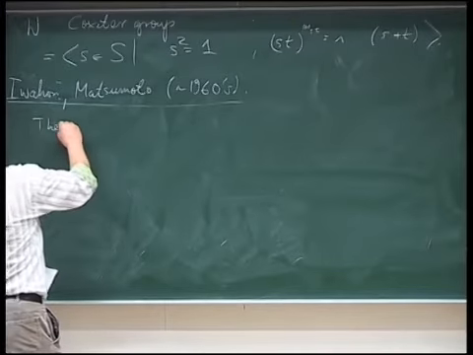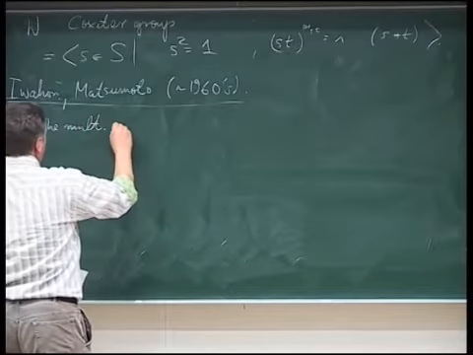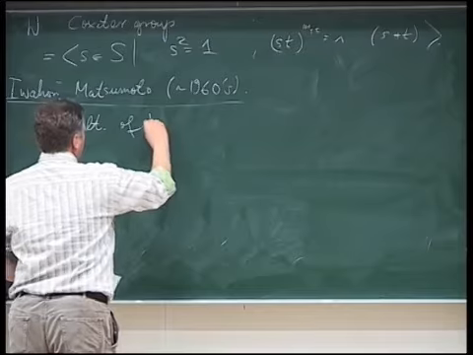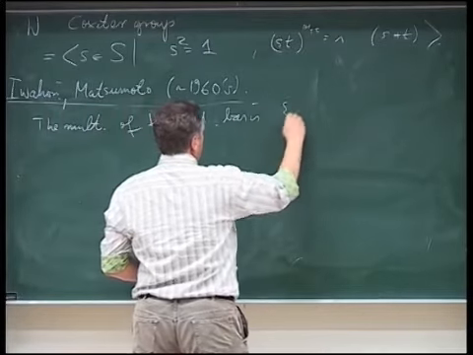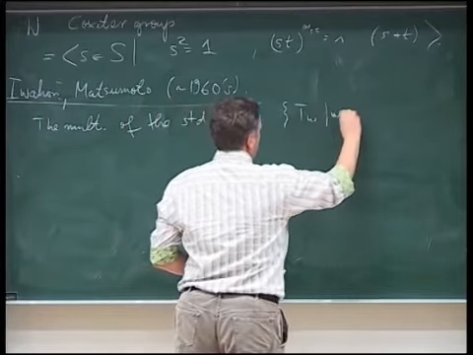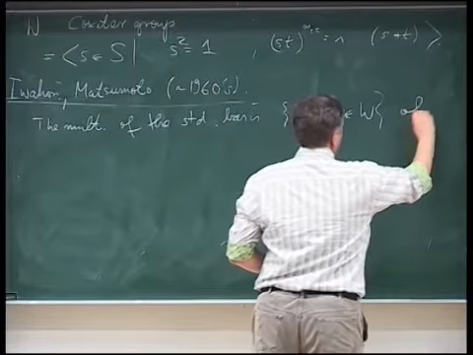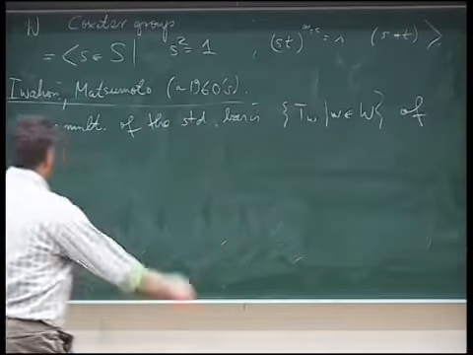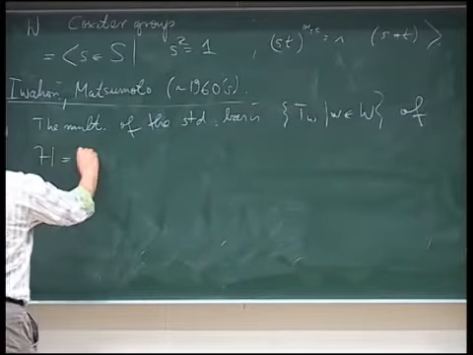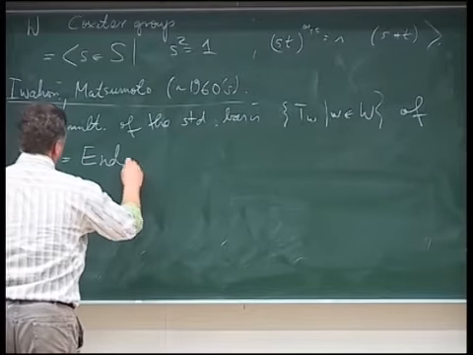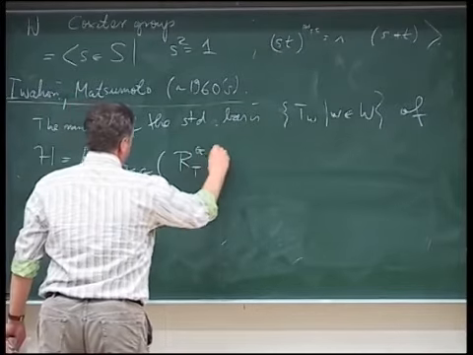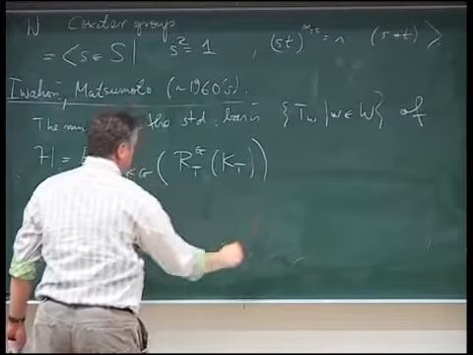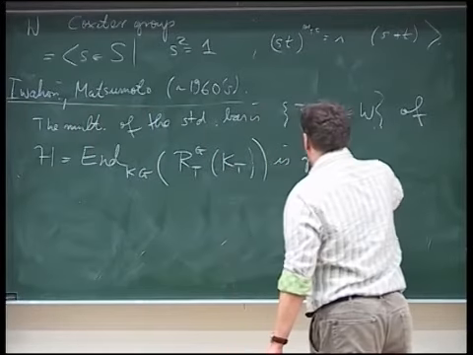So the multiplication of the standard basis of this algebra, so let's call it H_{K}(G, R_T^G), is given by